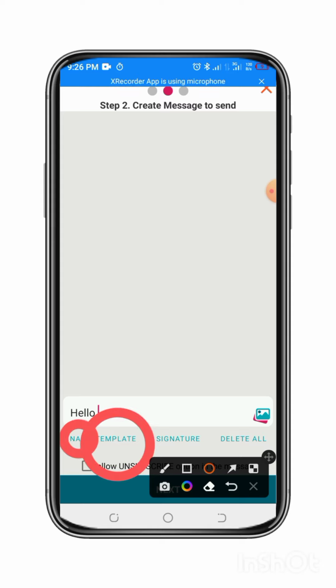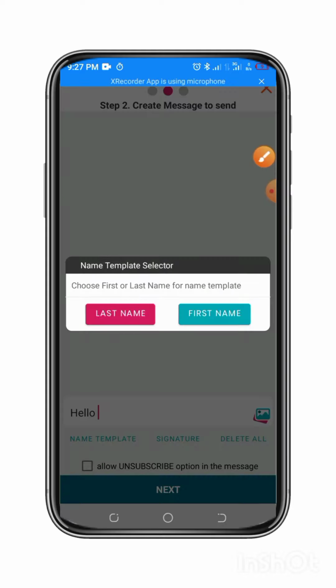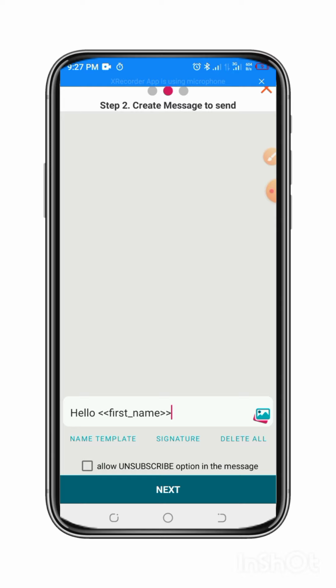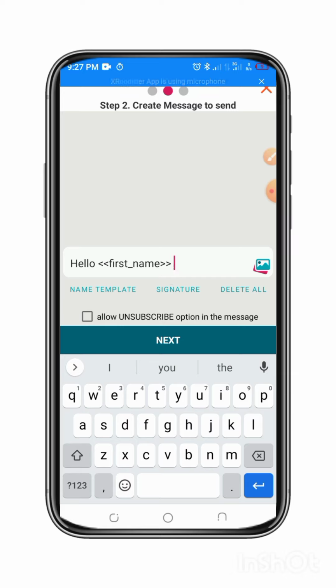That is one of the most beautiful things about WhatsApp Sender. So hello, then I'll click on the name template. Choose first name or last name. So let's say I want to use first name. Those who save their names in their bio, WhatsApp Sender is going to write their name in this position, as in hello. If it is Gifty, hello Gifty, this is Coach Atta,